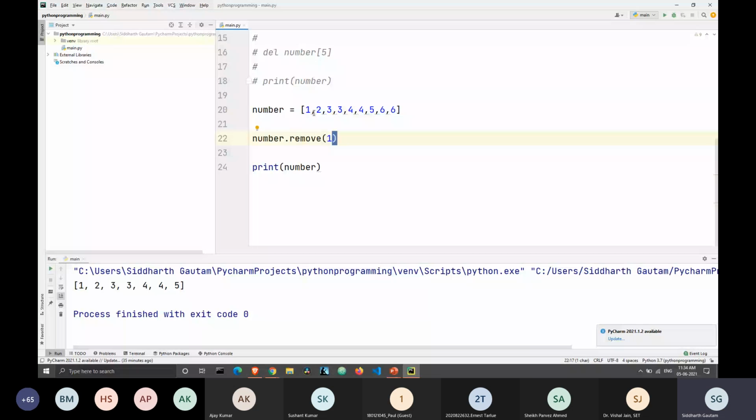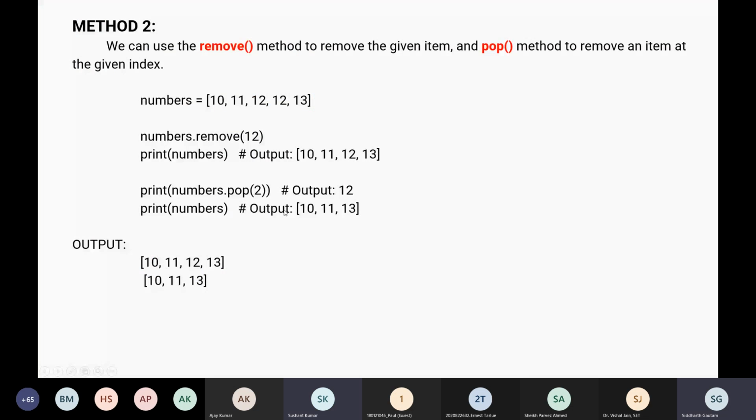So let's run this. And as you can see, the number 1 got deleted. We are just starting from 2, 3, 4, 4, 5, 5, and 6, because the number 1 got deleted. This is how the remove and the pop function work. By default, the pop function removes the last element, but you can also input an index here. In that case, the pop function removes that index. But if you are trying to remove an index, it's just better to use the delete function instead of the pop function. All right, so let's move ahead.